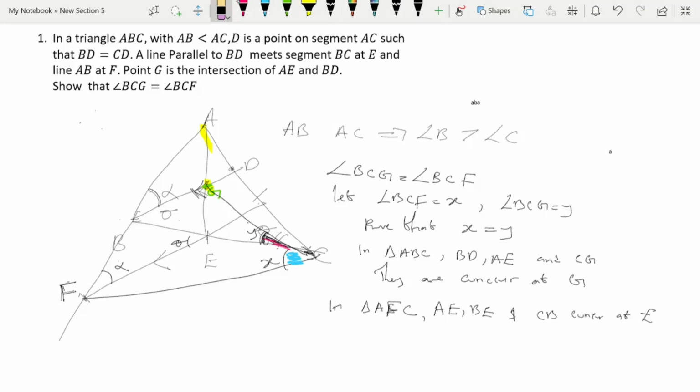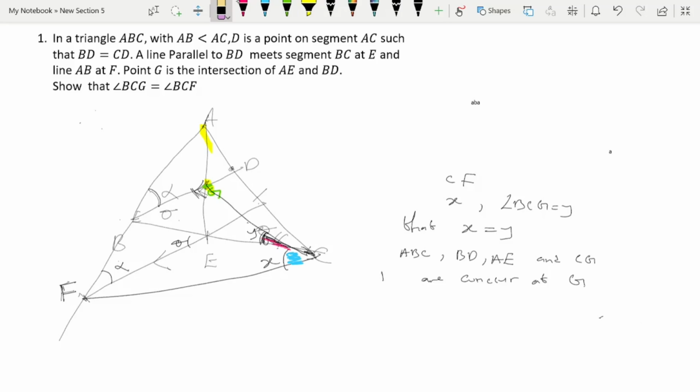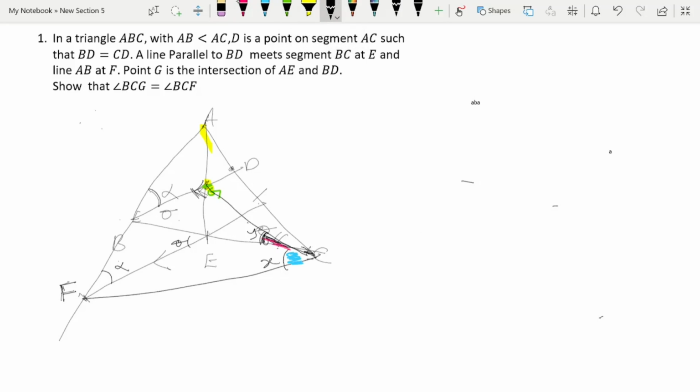So I'll clean this out now. I want to use the trig form of Ceva's theorem now. I think that would be a good way to start because of the concurrency points everywhere. Okay, so from triangle ABC, using trig Ceva,